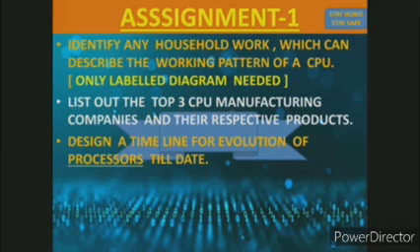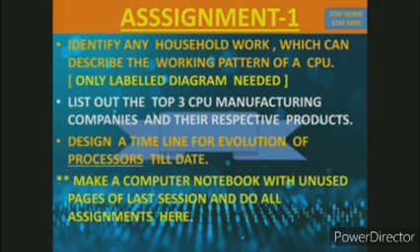I think we are already working on online lessons, so you can find all the info from the net, and you can draw a diagram or timeline for the evolution of the chip. Now the most important thing: you don't have to purchase any new computer copy. You simply take the unused pages of the last session's computer copy or any other copy, bind them and use them, because in this turbulent time, it is a time for reduce, reuse and reutilize.